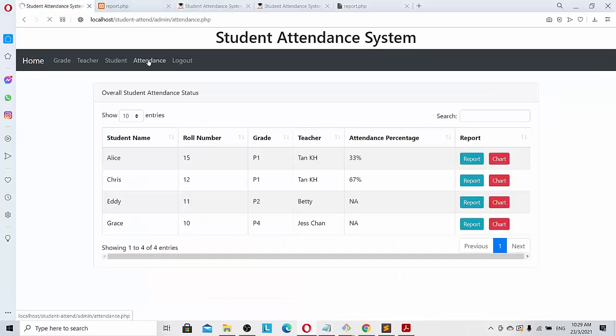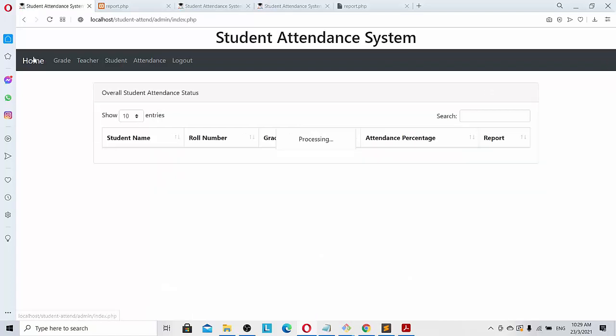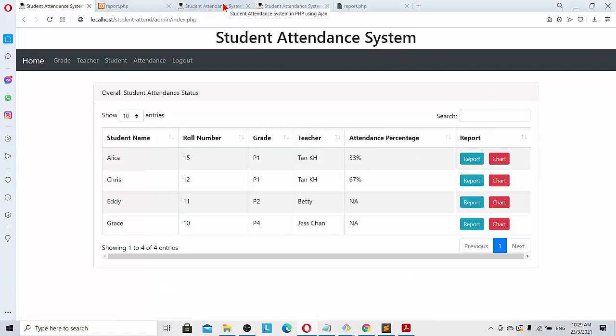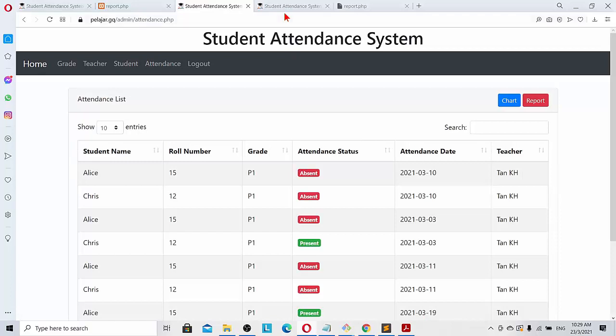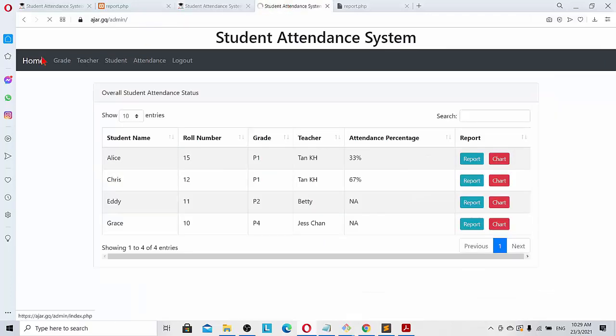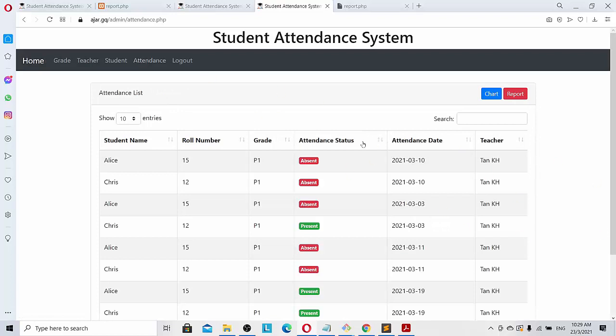Here in development, the attendance tab is working and home is working. In the VPS, home is not working, the table is not populated, attendance is working. Whereas in the shared host, the home is working, the attendance is working, everything is working.